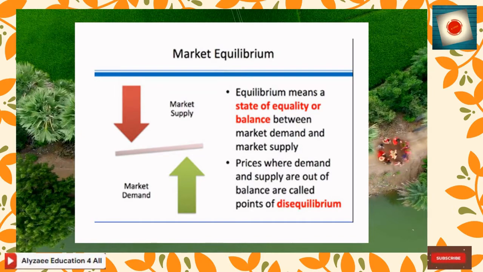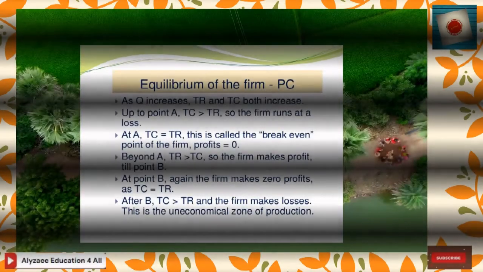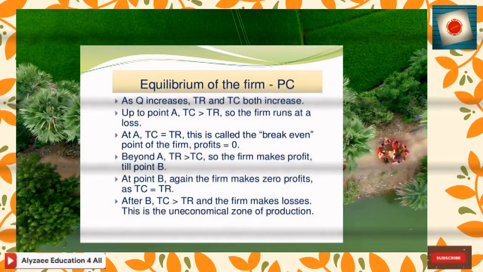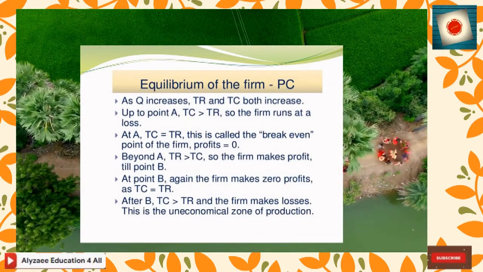Prices where demand and supply are out of balance are called points of disequilibrium. Equilibrium against the diagram which is being shown there. As Q increases, total revenue and total cost both increase. So up to point A, total cost is greater than total revenue, so the firm runs at a loss. And if total cost is equal to total revenue, this is also called the break-even point of a firm, where profits